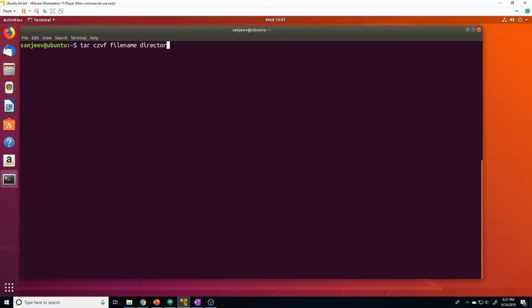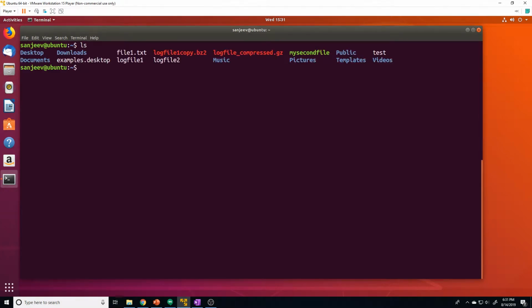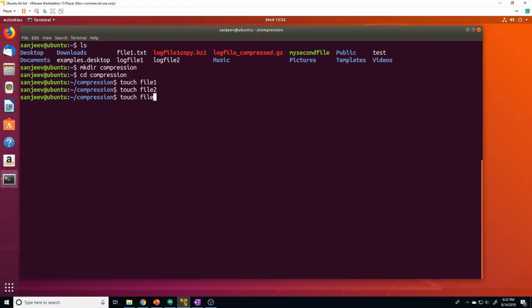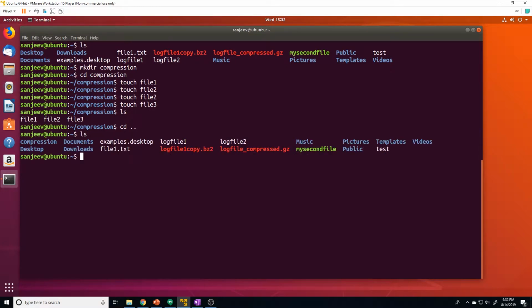Okay, so as an example, I'm going to create a directory called compression, and we'll cd into that and just create a few random files. File 1, file 2, whoops, typo. Okay, so we have 3 files inside this directory, and let's say we want to now create a backup of that directory. To do that using tar, we just do tar